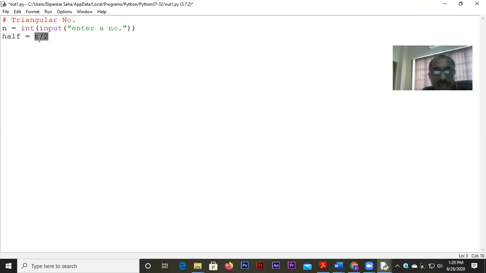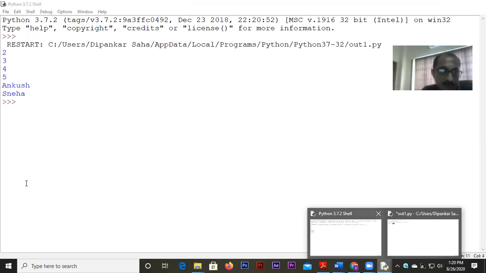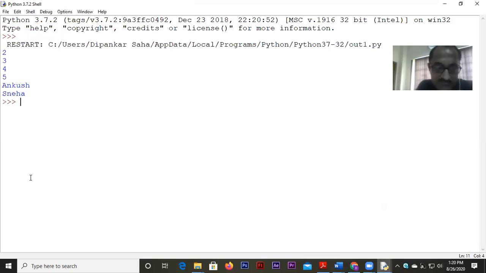Like if the value of n is 10, 10 by 2 will not give you the result 5. It will give you 5.0. I can show you here in the Python shell. If you write, for example, print 14 divided by 2, look at this, the answer is 7.0. It is not 7.